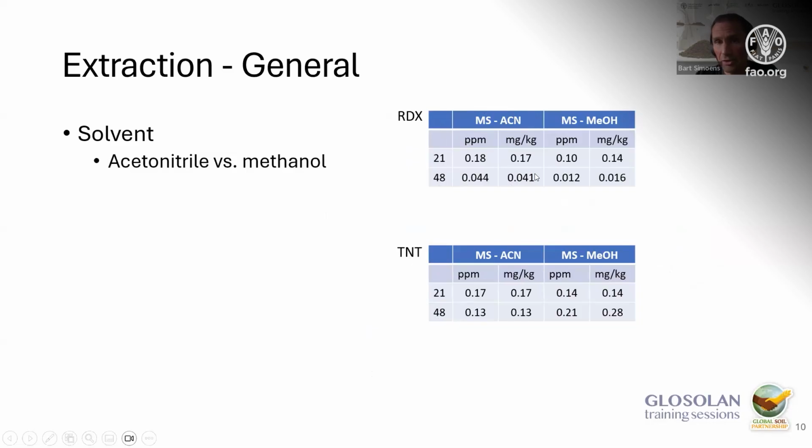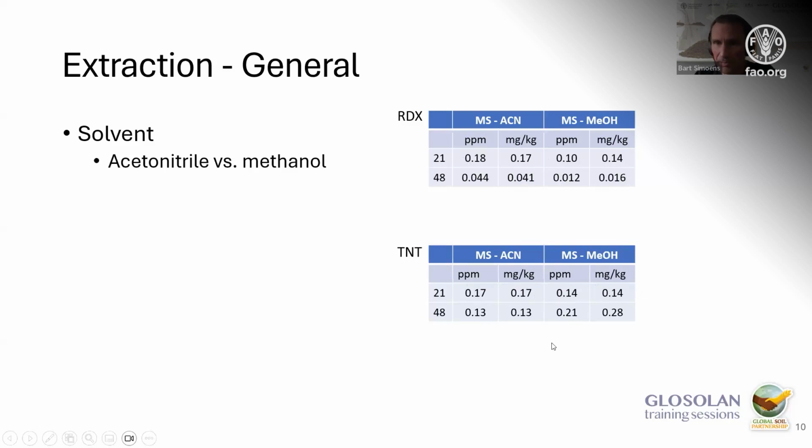And indeed, as in the results of the previous slide, we see that if we use the mechanical shaker and acetonitrile, we have more RDX extracted than using methanol. So basically a confirmation of the previous slide, although the difference is not very big. For TNT, we see that the results are never exactly the same, but we don't lose anything by using methanol